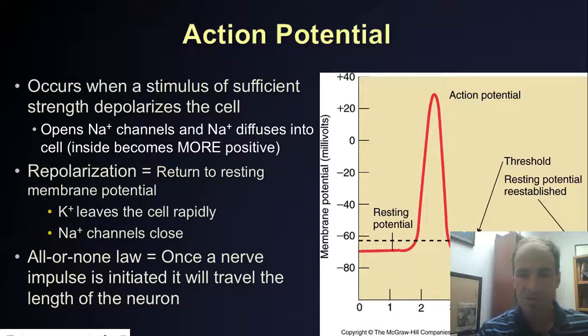And so when that occurs, really briefly, you have sodium channels that are going to open up. Sodium enters the cell through those channels. As that does, sodium has a positive charge, so that sodium positive charge causes the membrane potential to become more positive. We call that depolarization. In response to that, those channels close, potassium channels open, and when these potassium channels open,